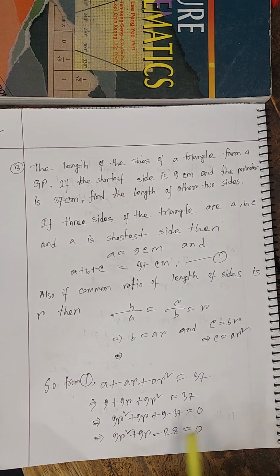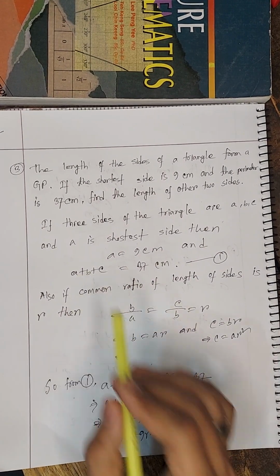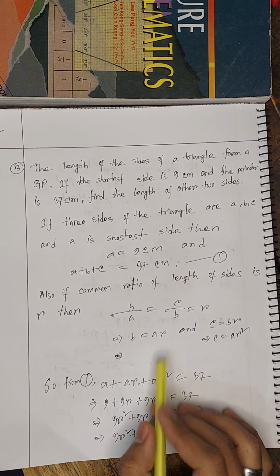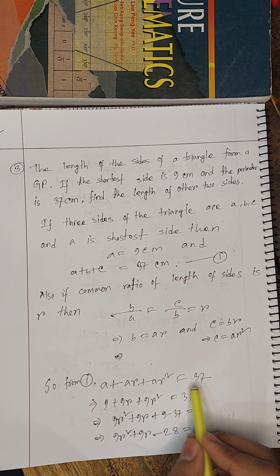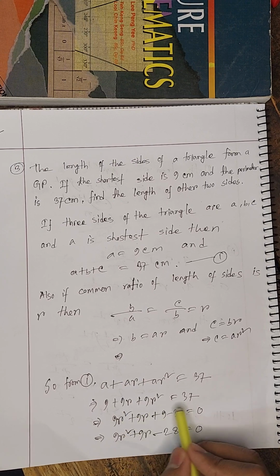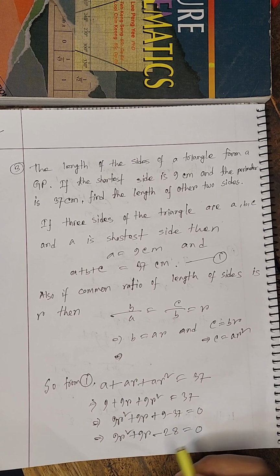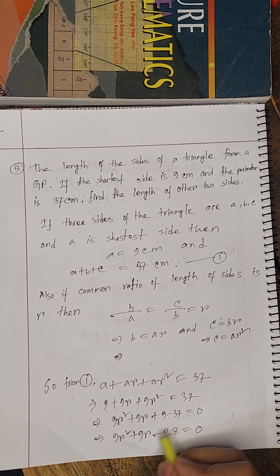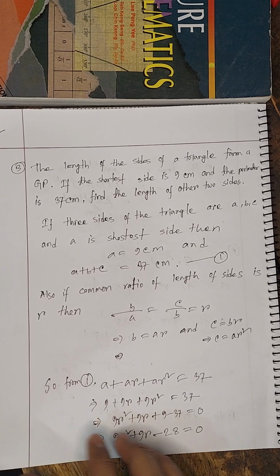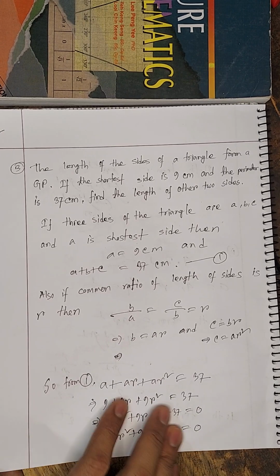So from equation 1 now we get A, and for B we get AR, and for C we get AR square. And now we put the value of A: 9 plus 9R plus 9R square is equal to 37, and by changing side we get 9R square plus 9R minus 27. And now we have to factorize this expression